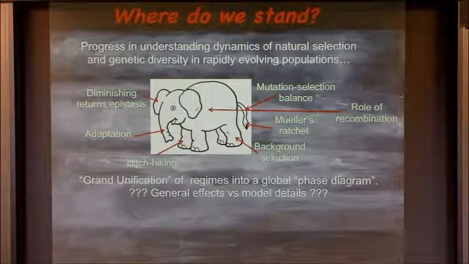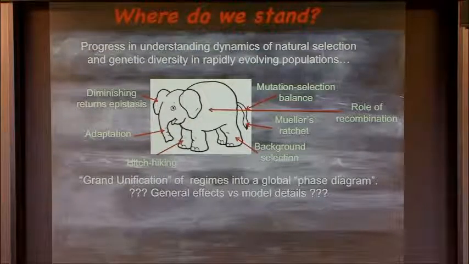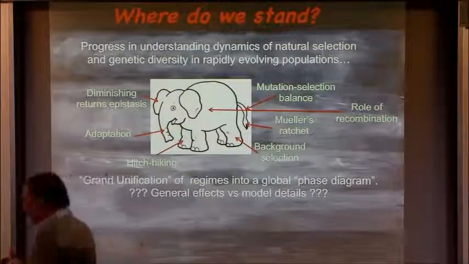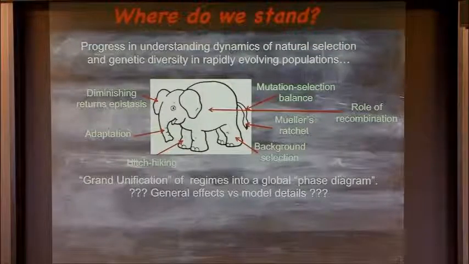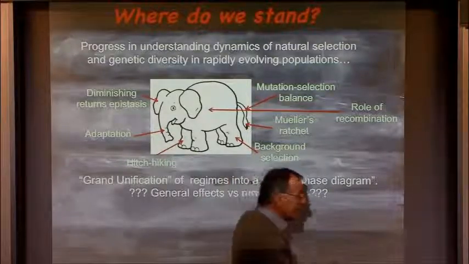And I think the challenge for us is to continue weeding model details away from the general phenomena. This may sound to you like another lot of words, but I think there is a reasonably well-defined substance in it. And it goes back to our discussion of statistical properties of the coalescent. What we're seeing is the